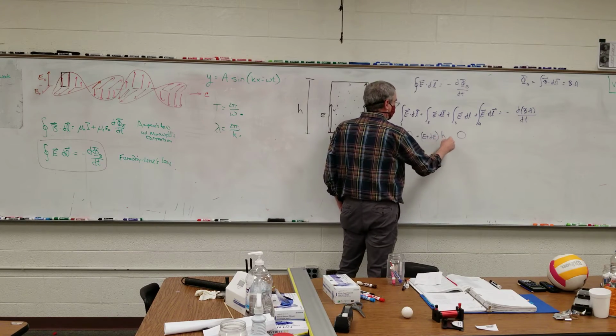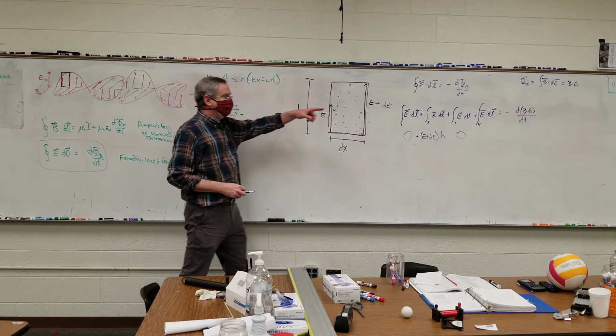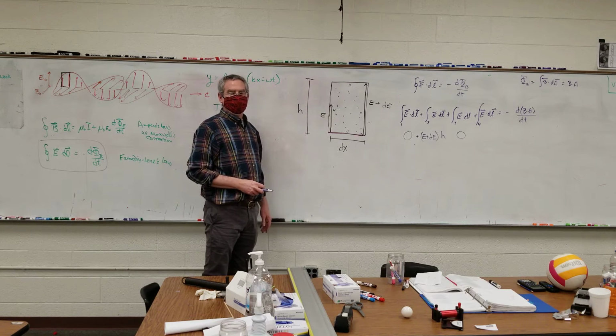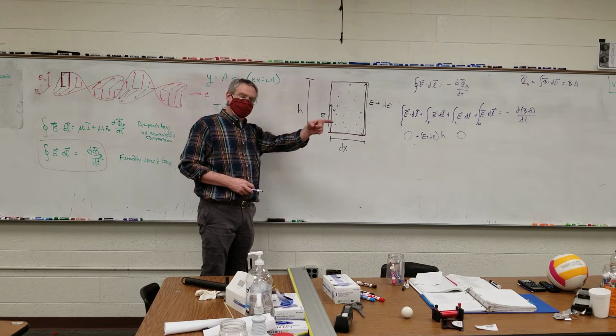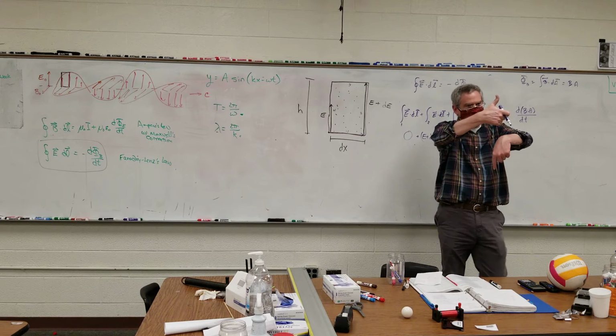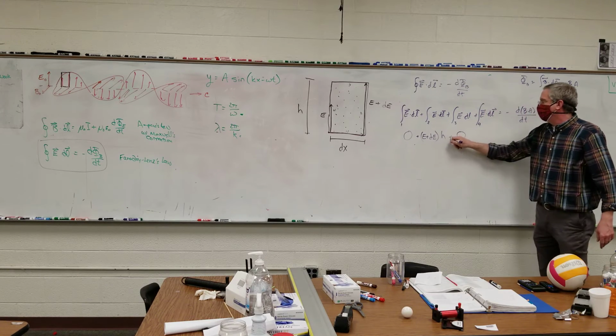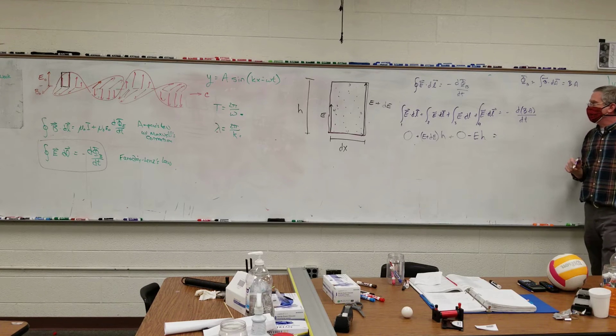Times H. And then along path 4, E times H. Negative, because my electric field is up, but my path is down. And you're going counterclockwise, so starting from the top. Minus EH is equal to,